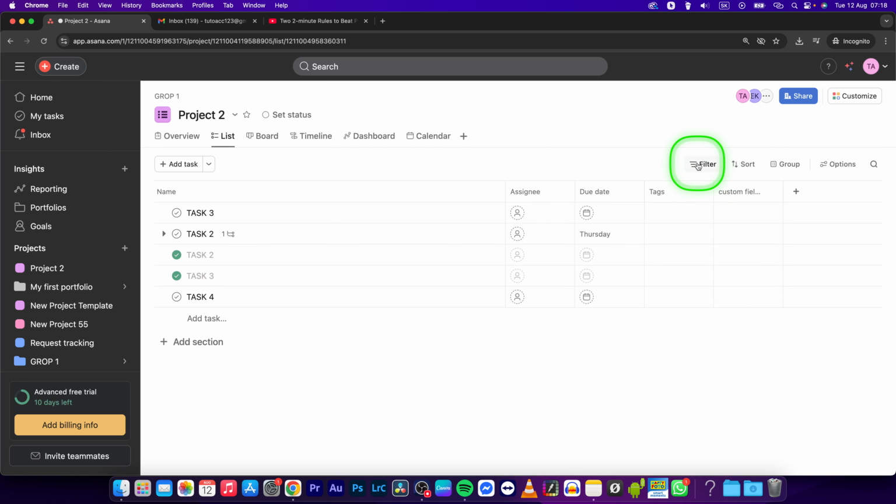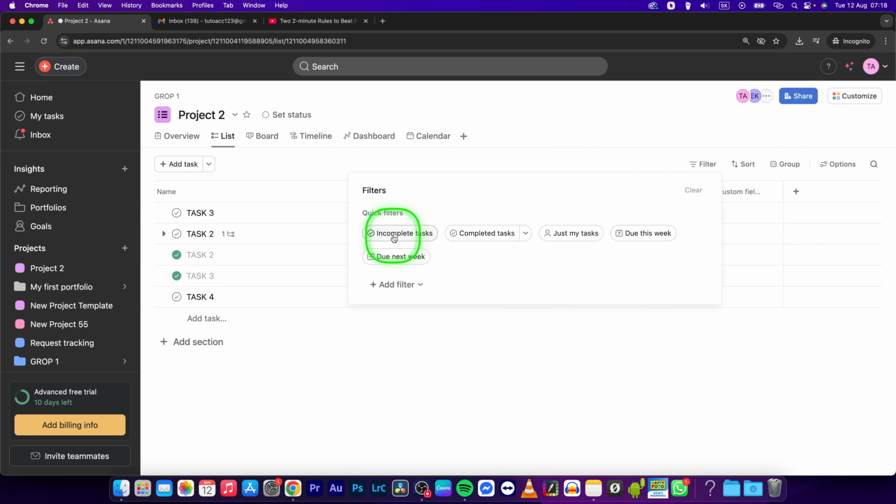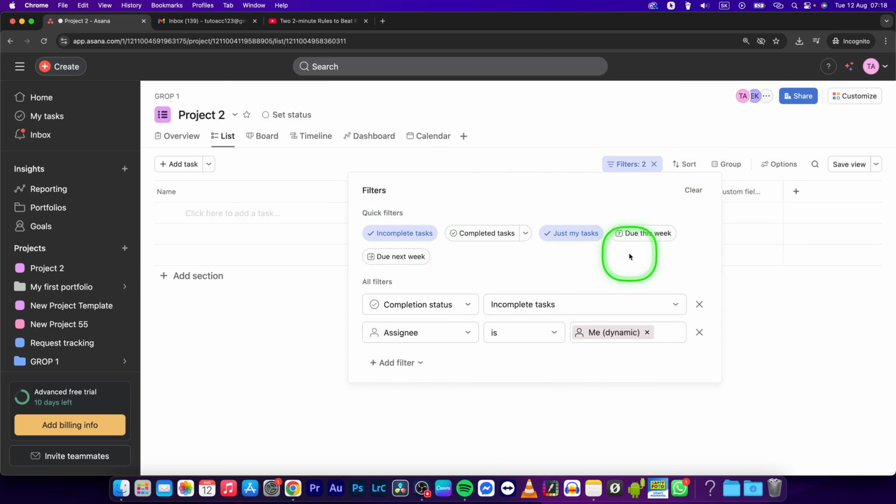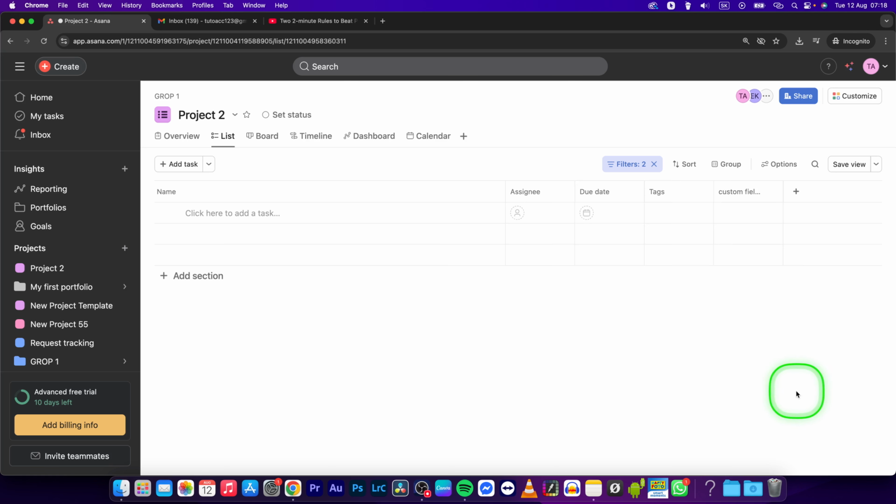So let's say I will customize, click on filter, I will do only incomplete tasks and just my tasks. Now I will click away, and as you can see, once I have added these filters, I have the option to save view right here. I can do that and save this list view to my desired view, or I can click on more options